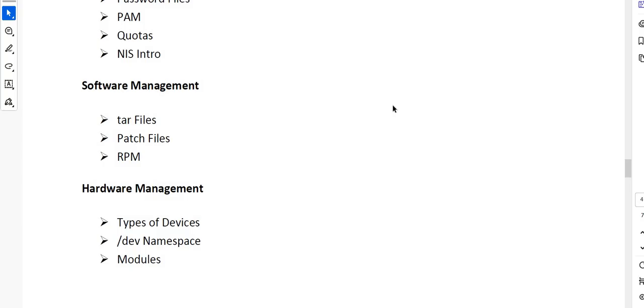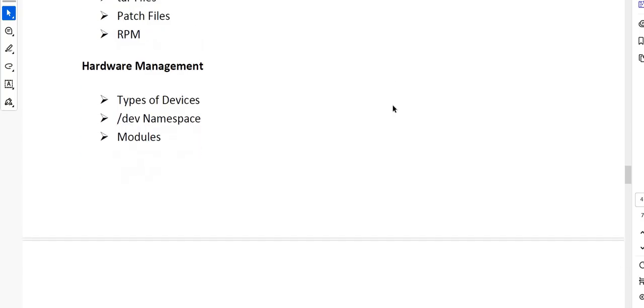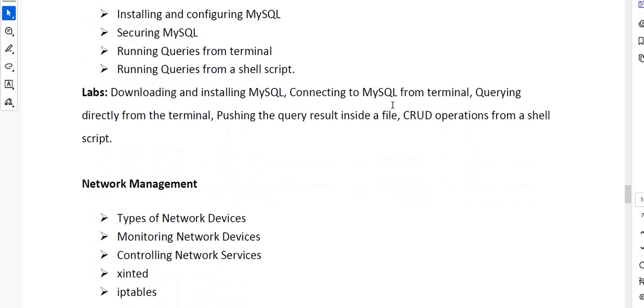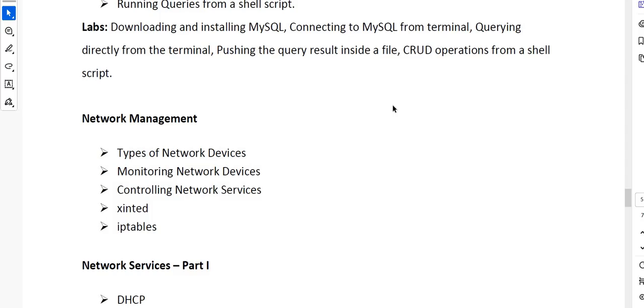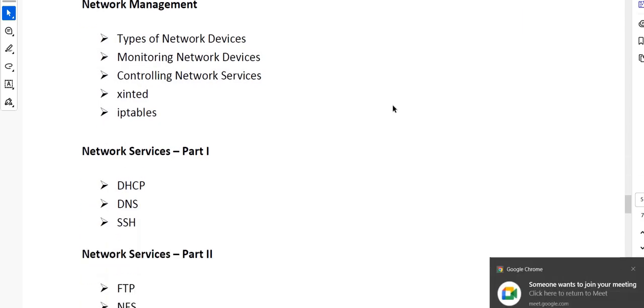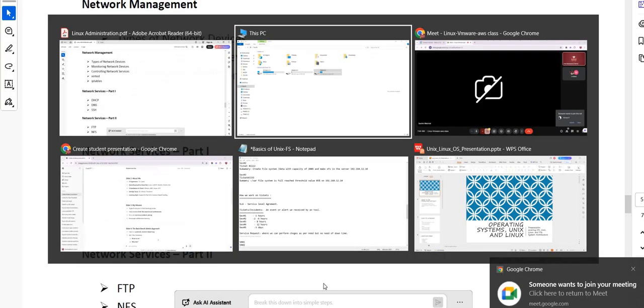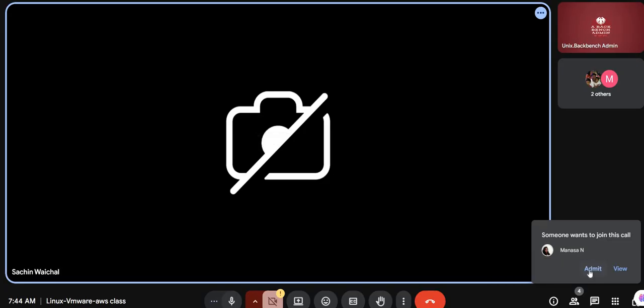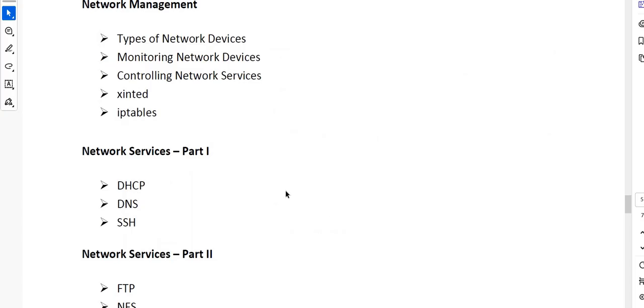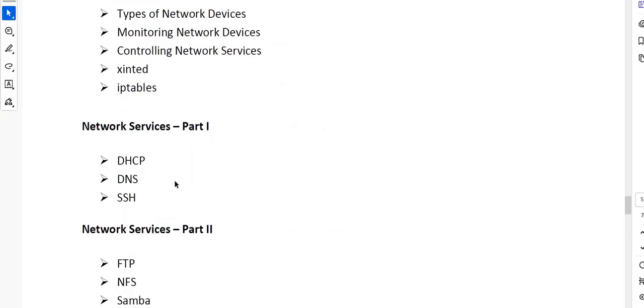So this is one of the things. Later on we are going into some additional topics: MySQL, application things, networking management. Why the network is needed, what purposes we use it for, what operations we do with it, and how we need to build SSH, DHCP,